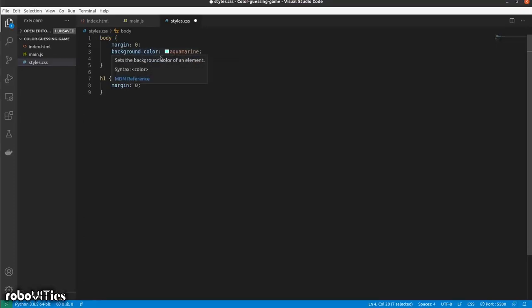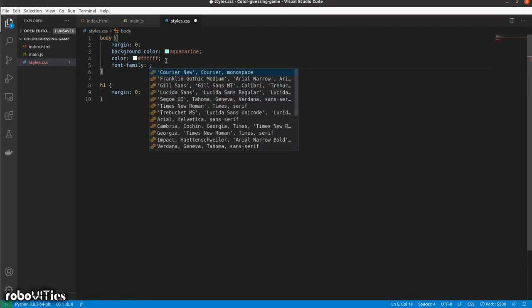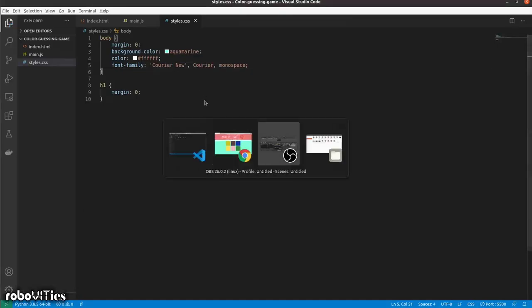Hash followed by 6 Fs is white, so I've used that right here. Now I can also change the font, so let's just say font family, as I'm keeping it as monospace, so a Courier New, and let's go and see how exactly has it changed our page's look.